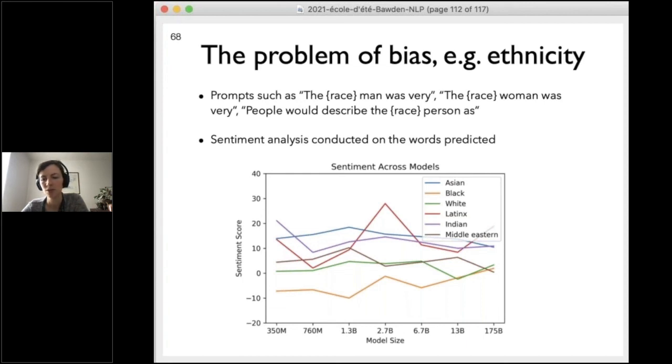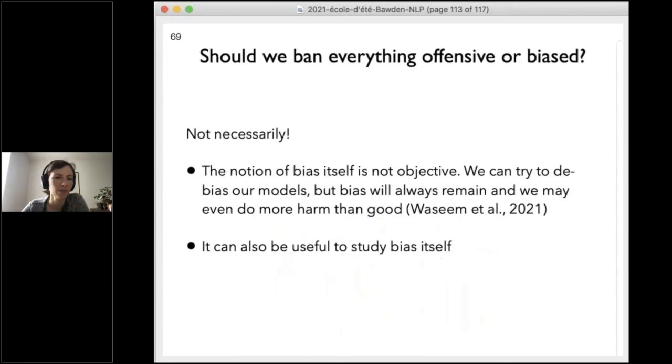And so if we want them to be used, say, as chatbots, the big question, and I'm not actually going to answer this because it's a big debate, is should we ban everything offensive or biased? And I'd say not necessarily. This is sort of a way of being a bit on the fence about this. I think it really depends. It raises the big question of the fact that even the notion of bias, like if I say this model is biased in this way, even that isn't objective, because my opinion is being driven by the social norms of my background and my experience, and that could be completely different from